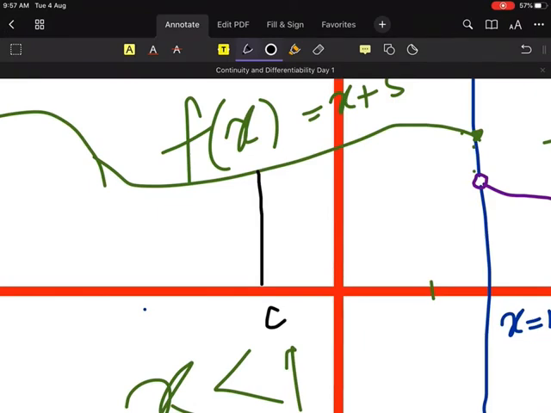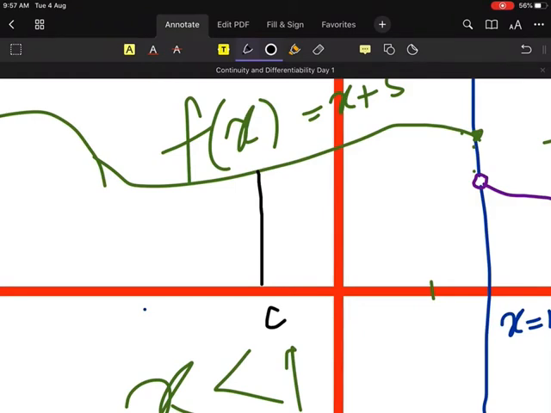Any point C, the point C is the general point. This point signifies every single point that is less than 1. Am I clear? This C can be -1, this C can be -2. So this C is just like the Prime Minister. It represents the whole country. So this C is everything. It can be -1, -2, or 0, but it can only be less than 1. Everyone understood? Yes or no?